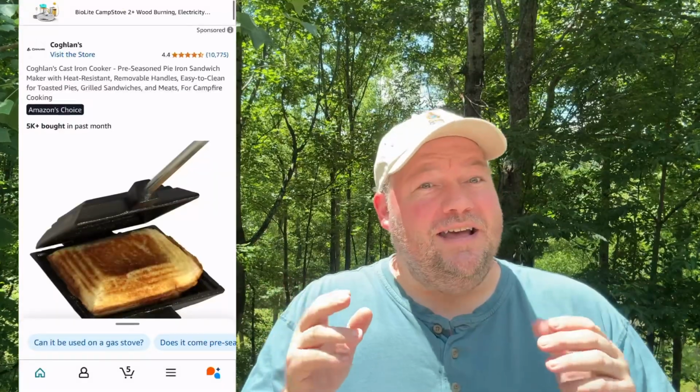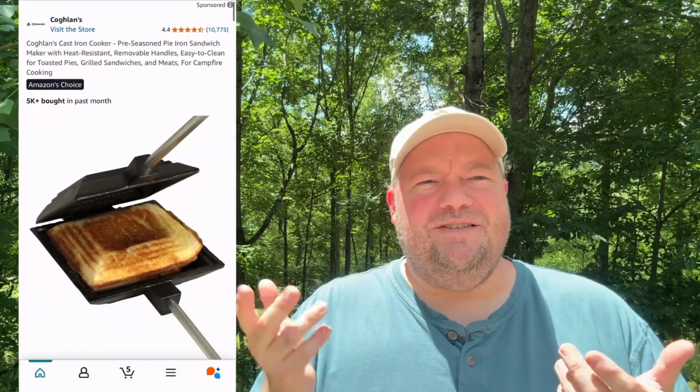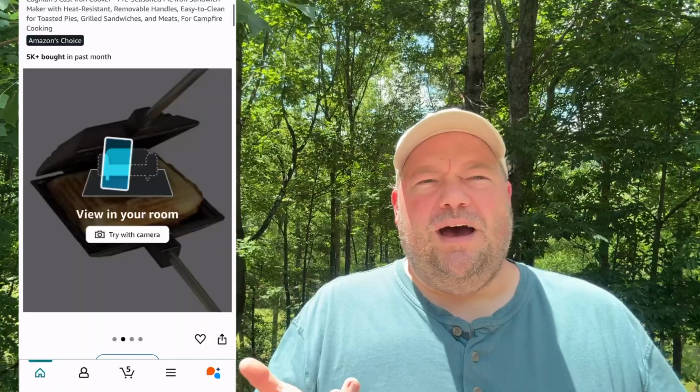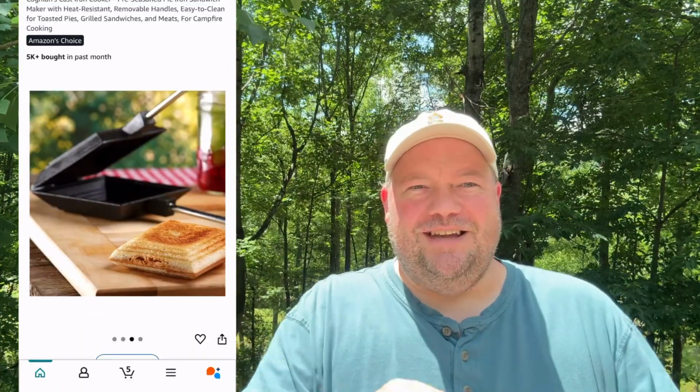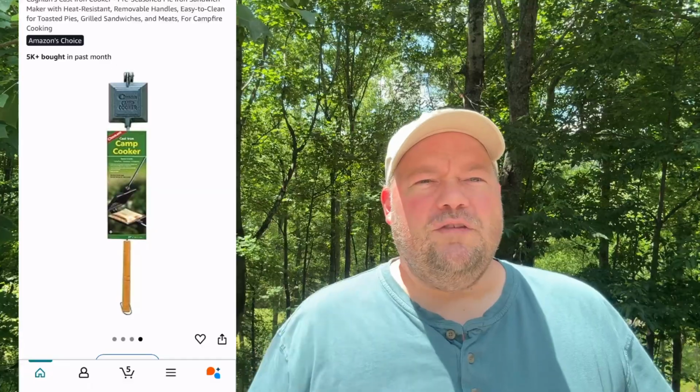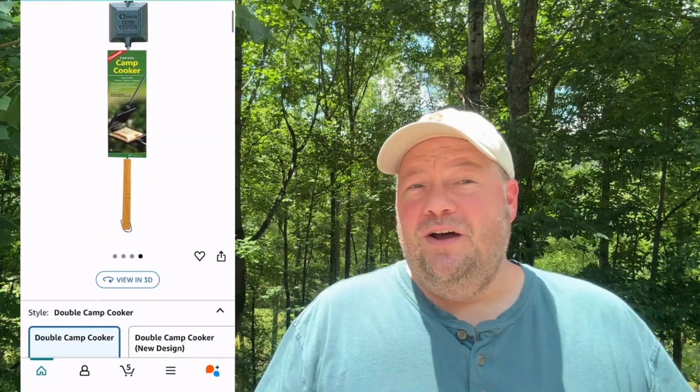Next on the list is something that camping companies and gear companies have made forever, and I've never ever had one, and it's a hot pie / sandwich maker. It's very, very easy. It's a cast iron clamshell that you just put like white bread and peanut butter and marshmallow fluff in and fold it over, or you can even buy like store-bought pie crusts and a little can of cherry filling and fold it over and hold it over the fire